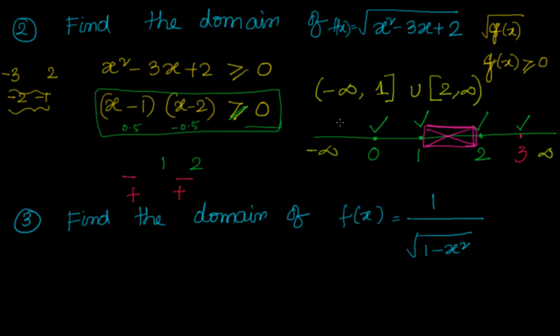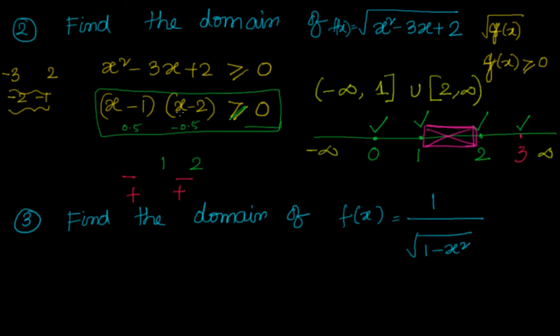So whenever we have x minus a into x minus b greater than or equal to 0, remember always the domain will be minus infinity to a and again b to infinity. So the point we have to remember here is, whenever I want to make the product greater than or equal to 0, both of them should be minus or both of them should be plus. To get both of them minus, the number should be less than the smaller number. For both of them to be positive, the number should be greater than the greater of the two.